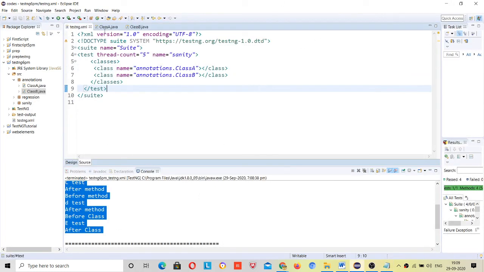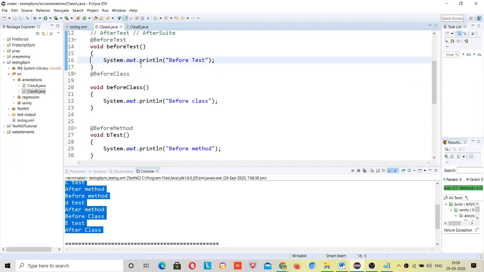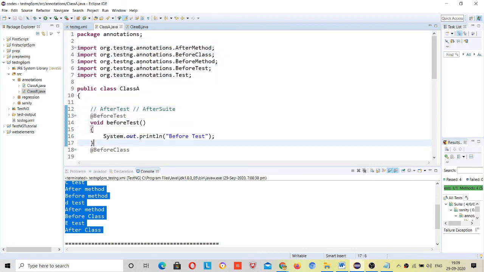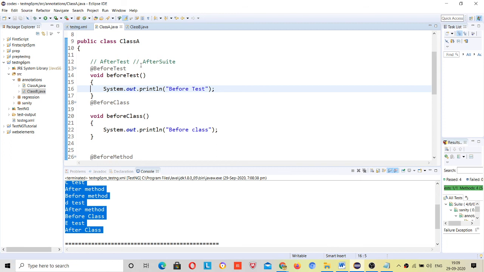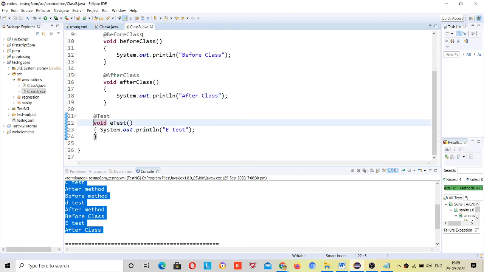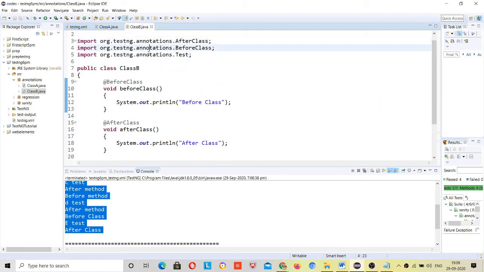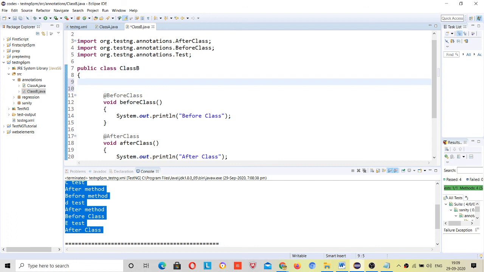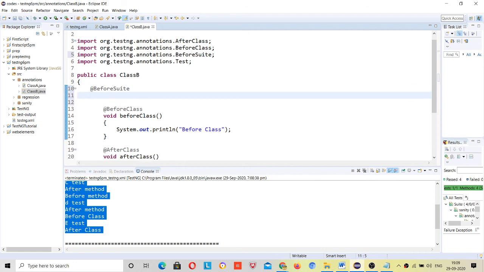Suppose also we have not completed it here. Suppose I have one more, in this class B we have before suite, right? Before suite. This doesn't depend on classes, this will work for the whole project, right? So first of all, this before suite should run, right?